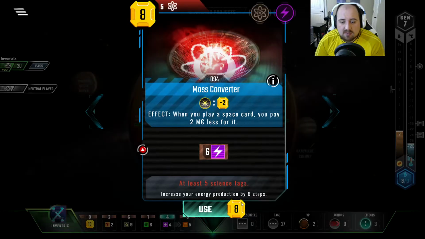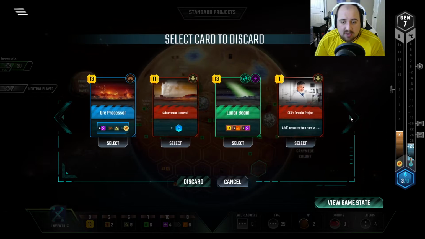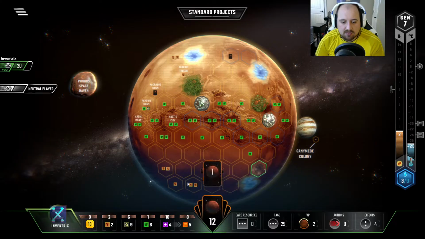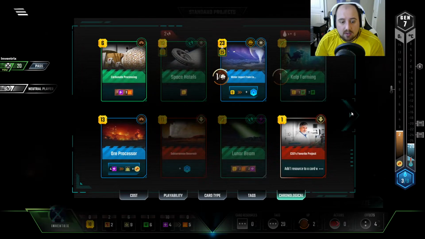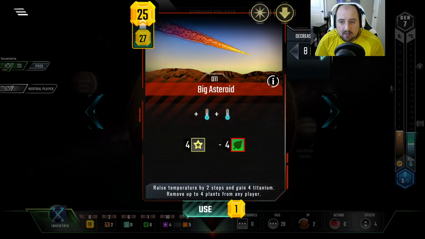Let's play our Mass Converter. And I am going to get rid of Arctic Algae. I'm not sure that it's the best to get rid of it, but it just makes me sad that I've burnt another ocean from it. So get gone. It's critical that we play...